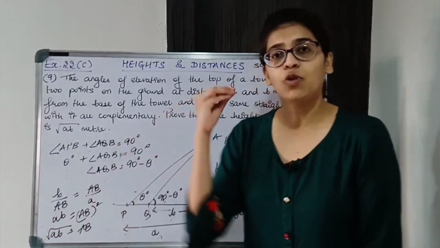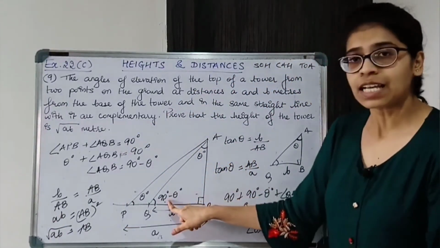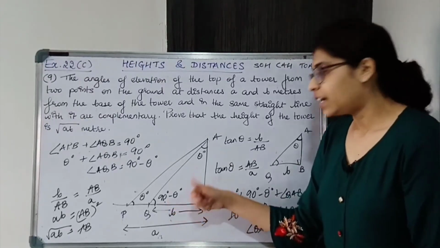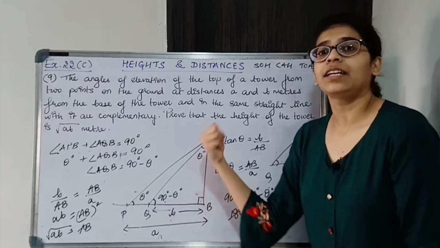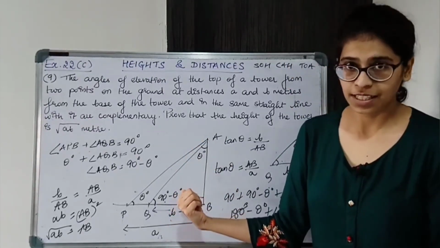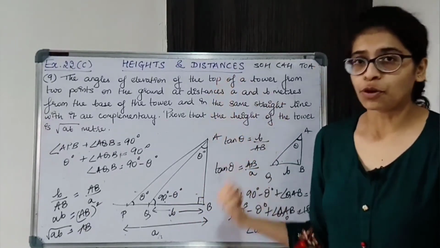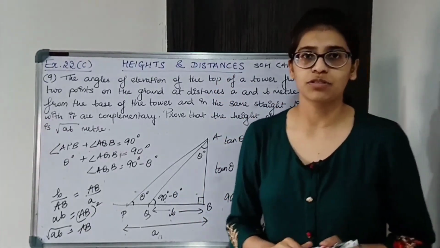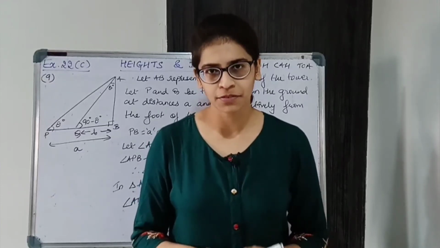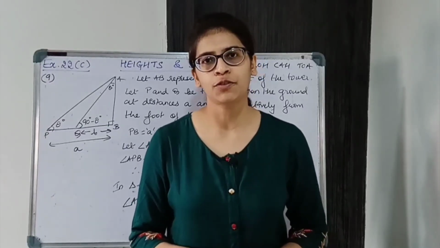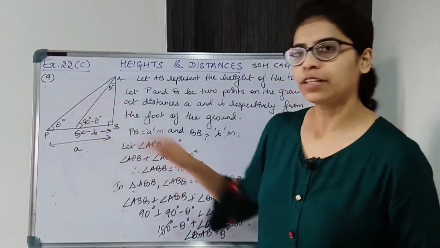Okay, so I hope this part is clear to you. Don't take this angle. Instead, find the other angle of the triangle and take tan of that angle. Okay? So now let us write down proper statements and start with the solution. Draw a proper figure and then write down the given information. So the figure will be like this.